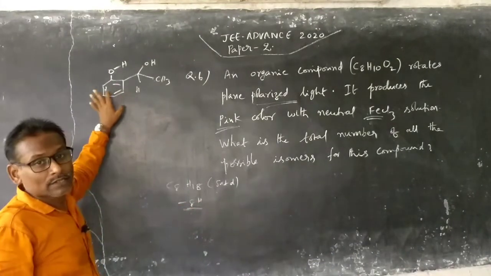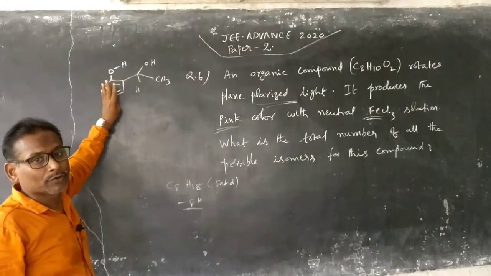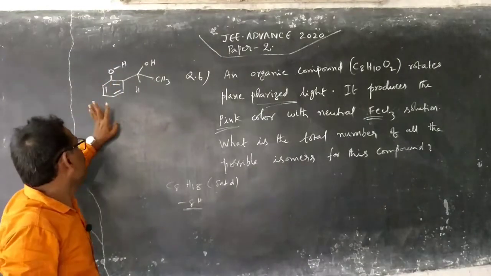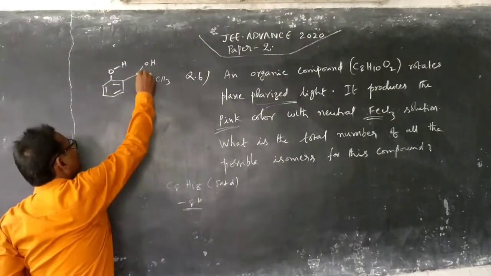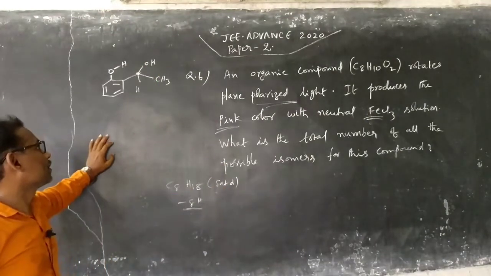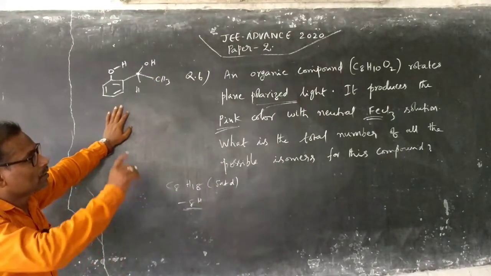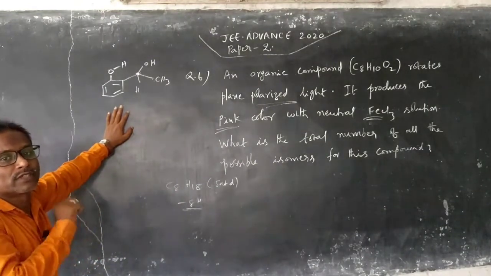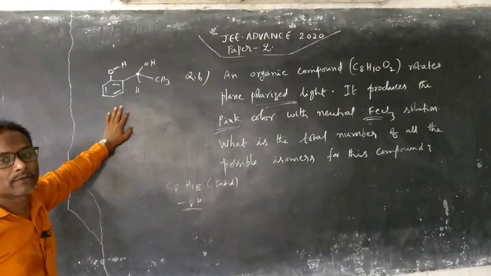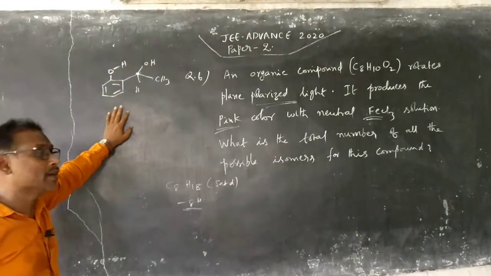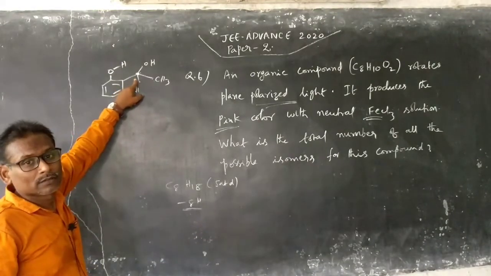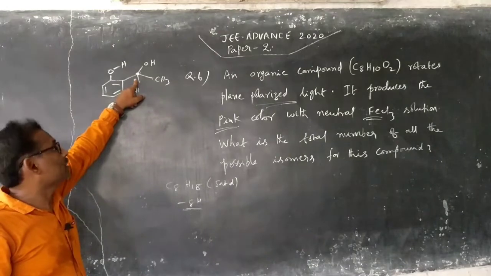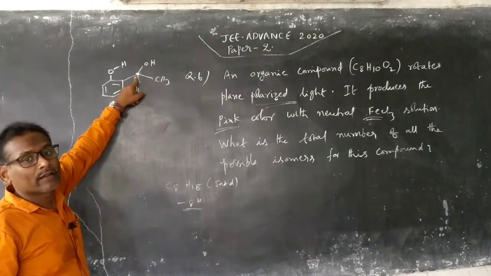The degree of unsaturation is 4 units with reference to benzene. Moreover, this carbon is a chiral carbon. So it is an accepted structure for that molecular formula, and the condition is also satisfied. It is optically active and rotates plane polarized light because it has one chiral carbon. So the compound will have chirality.